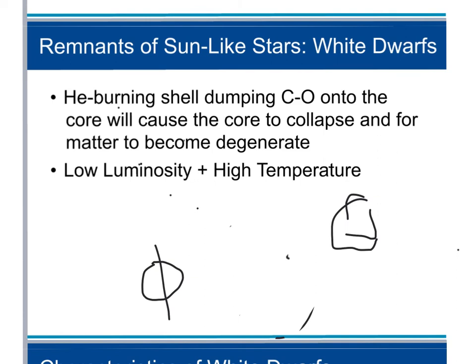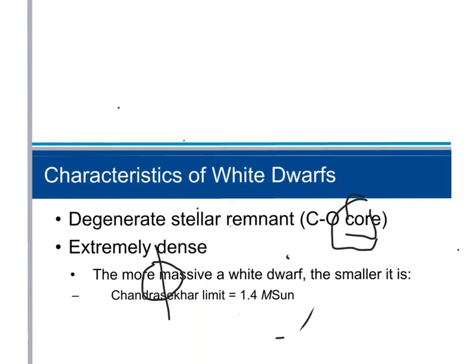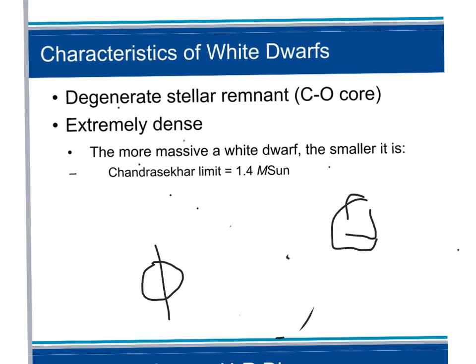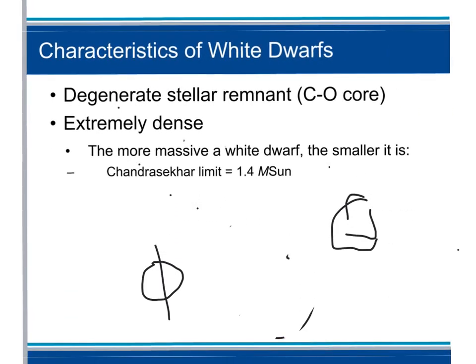So here's a Hertzsprung-Russell diagram of a white dwarf. We see a low luminosity and a high temperature. See, your white dwarf has a high temperature and a low luminosity. And we don't have that real pronounced main sequence. Here's where that main sequence is. But really, our white dwarfs are just a little piece of that Hertzsprung-Russell diagram. We don't see a really long sequence here. Note that the giants and supergiants are up here, up a little higher, so they're higher in luminosity.